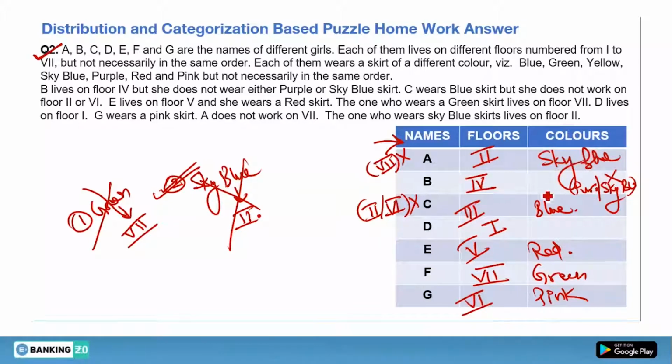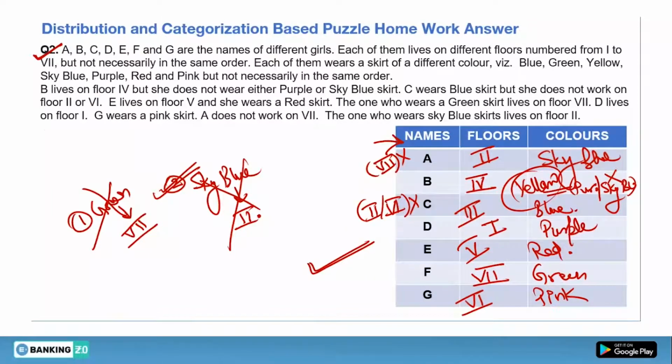So we have to fill this color block. Now check B. In front of B, purple is blocked. For purple, there is only one space left, that is on D. So purple will come here. And this one block is empty, and in this block only one color will come, which is left out. So yellow is left out. Yellow will come here. This color was remaining. Now this is how our puzzle gets solved.